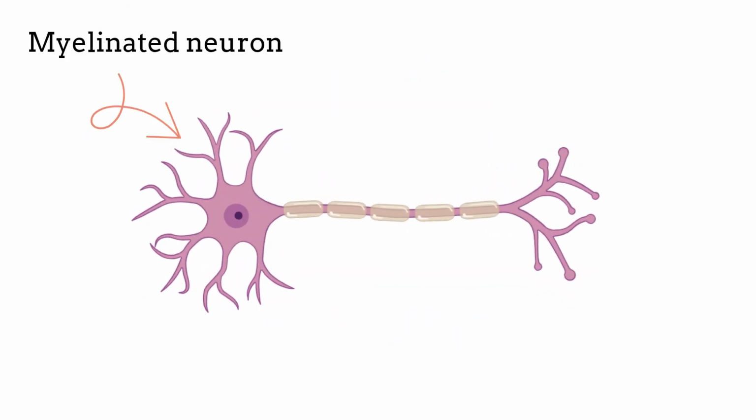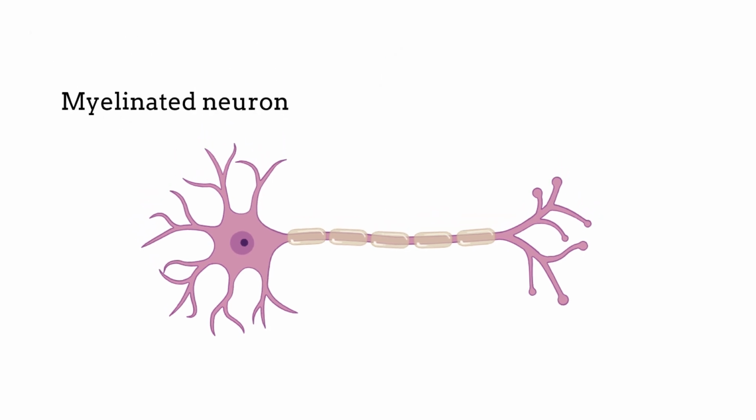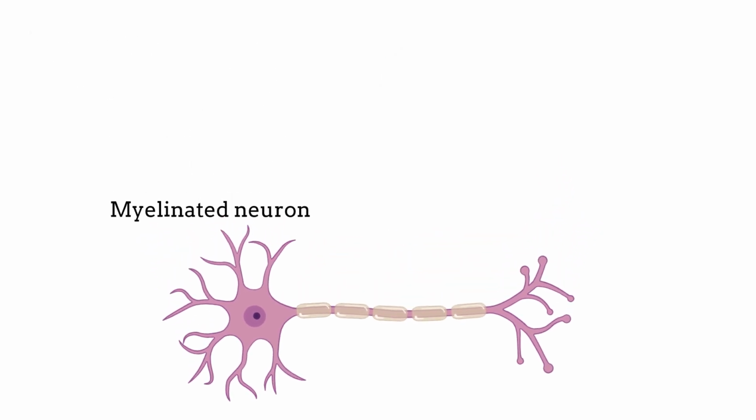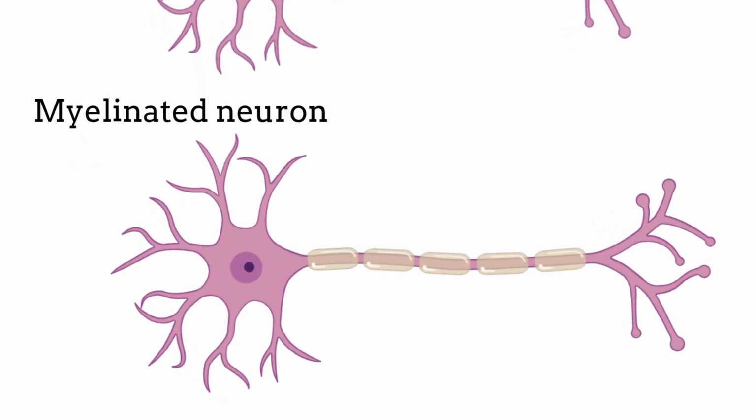Myelinated neurons are just like normal neurons, but they're jacked up, which makes them transfer impulses much faster than a normal neuron. Let's look at the structure of a myelinated neuron and how it compares to a normal unmyelinated neuron. A normal neuron has this long part called an axon. Normally, there's nothing covering this axon, but in myelinated neurons, we have this extra layer covering the axon called a